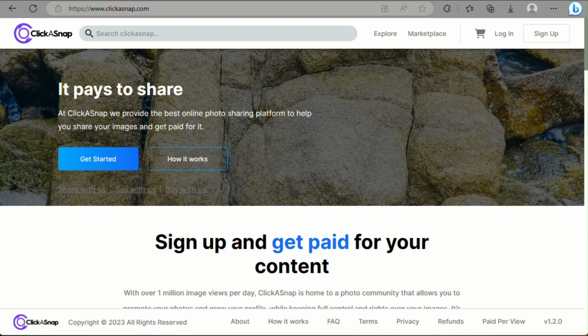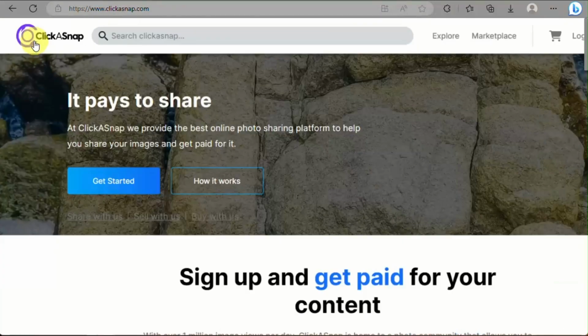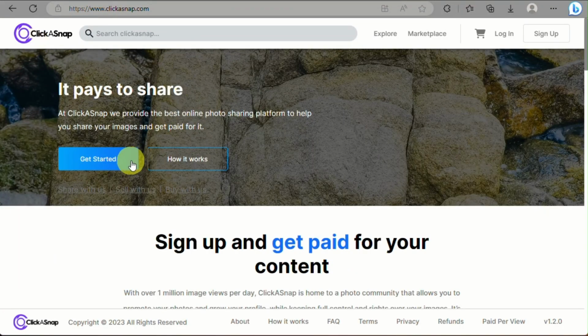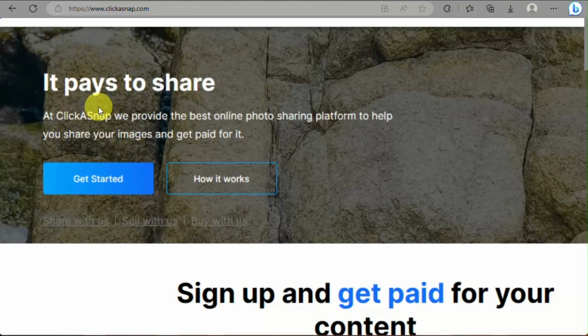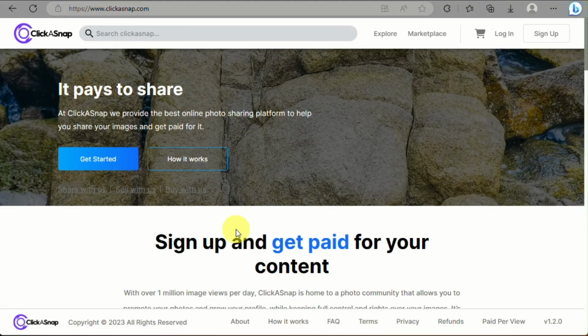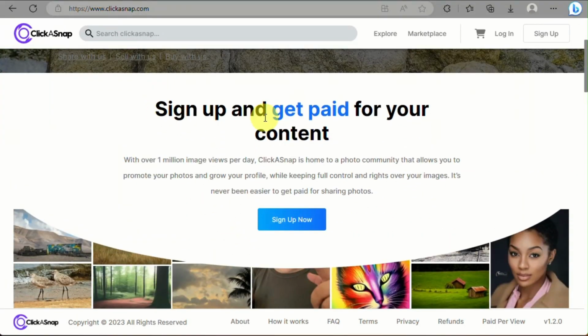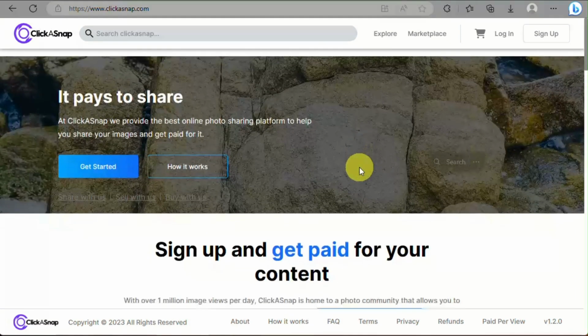On Clickasnap, you can actually make money by selling photos, participating in revenue sharing based on views, offering exclusive content, promoting your profile, participating in challenges, and attracting clients for photography services. This is a platform that enables photographers to monetize their work through various avenues, including photo sales, ad revenue,